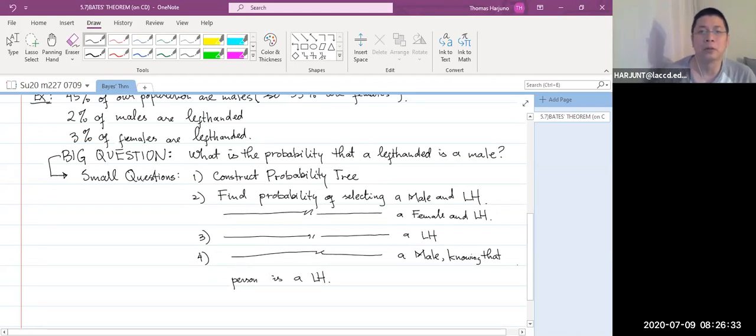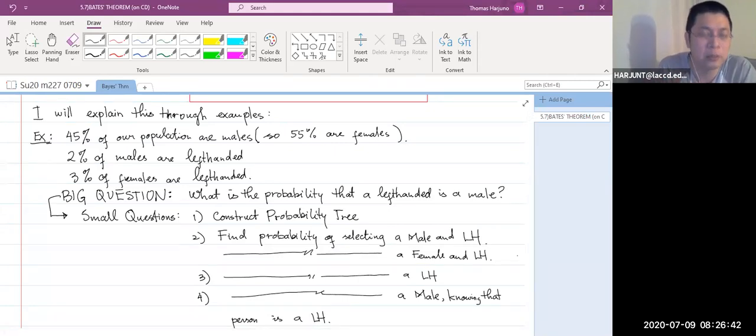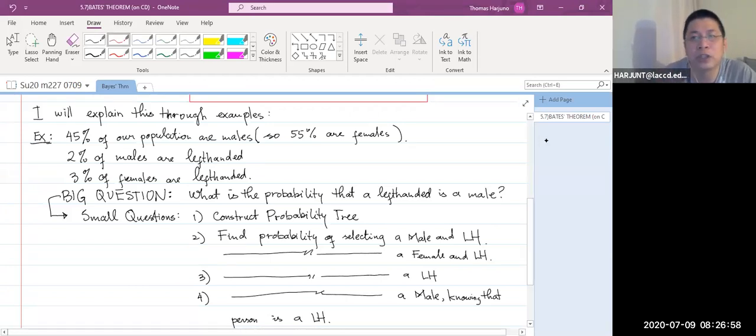Okay, now the thing is, it seems like the information we get here is so minimal. You know they're male or female. Once you know that person is male, then the probability of being left-handed is 2%. Now the question is, knowing that person is left-handed, what's the probability that person is a male? It's the other way around. Okay, so if I use notation,